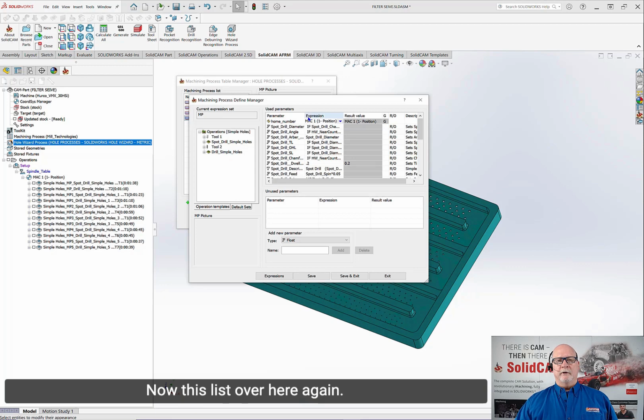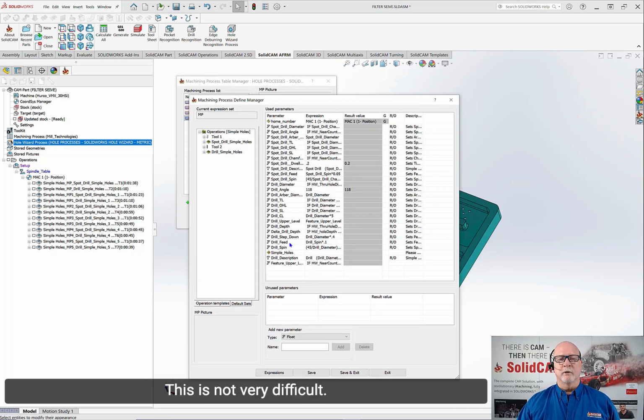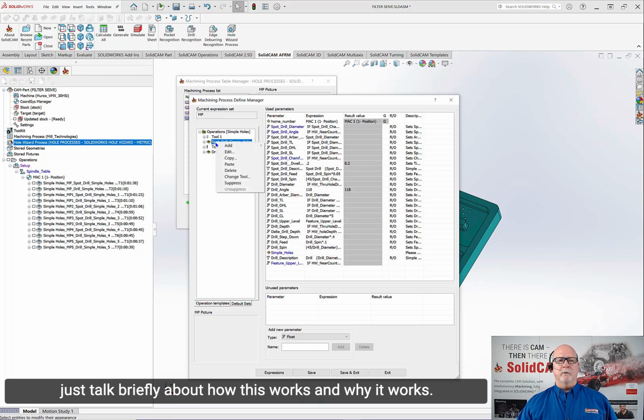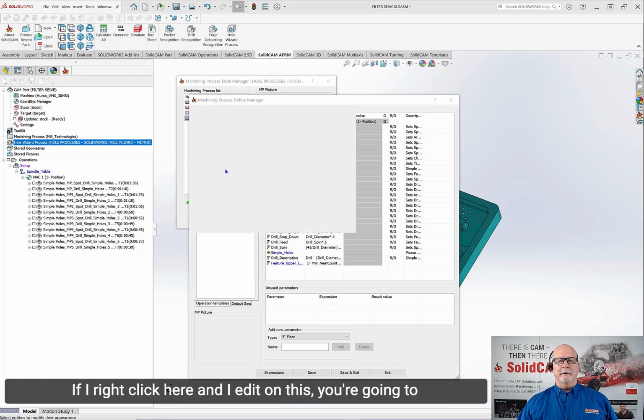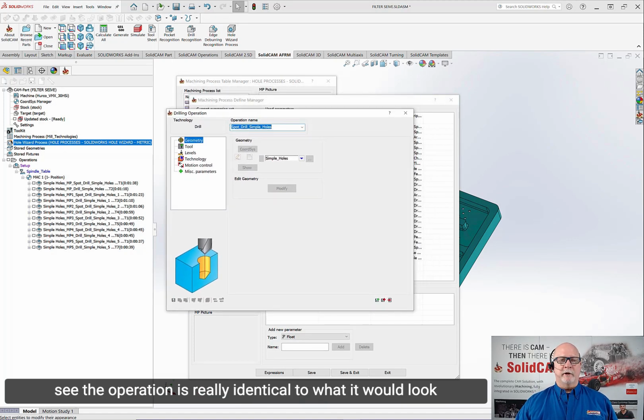Now, this list over here, again, this is where a lot of people take a look at this and become a little bit curious about what's going on in here. This is not very difficult once you learn how to do this. I don't want to go into a full training class, but let's just talk briefly about how this works and why it works. If I right-click here and edit on this, you're going to see the operation is really